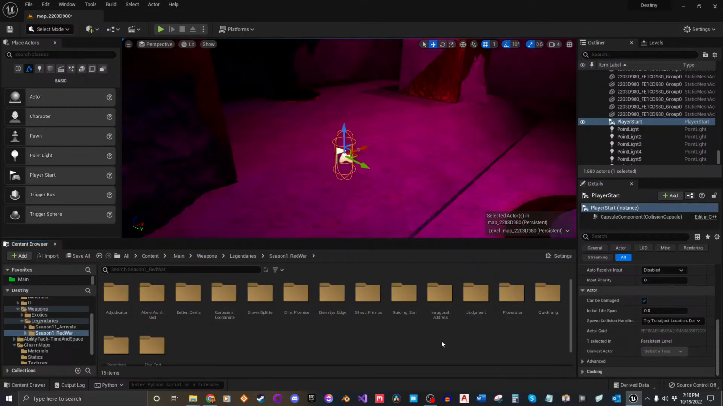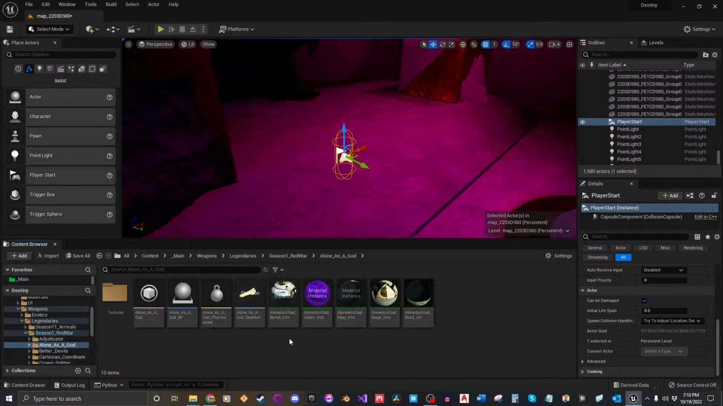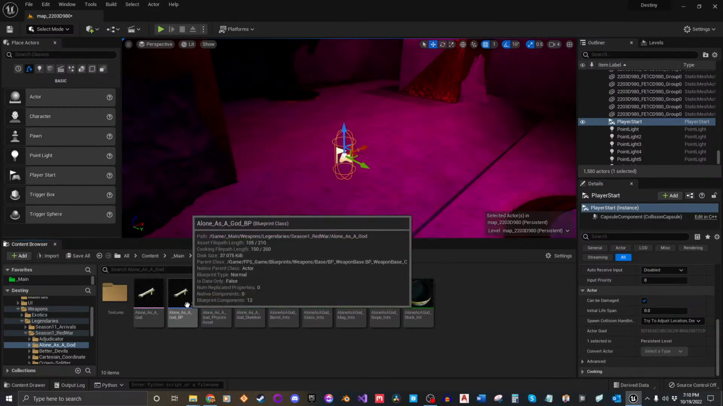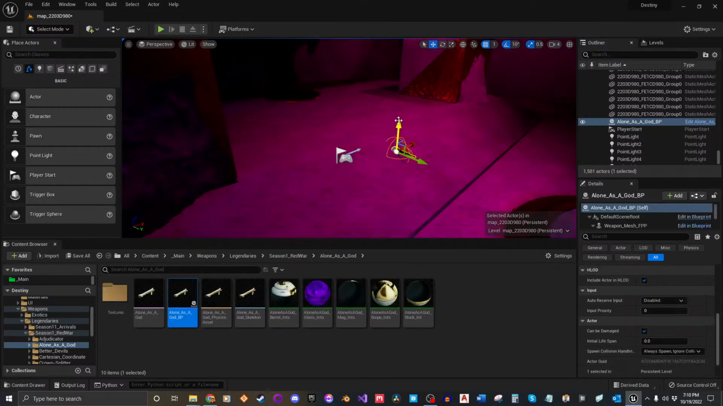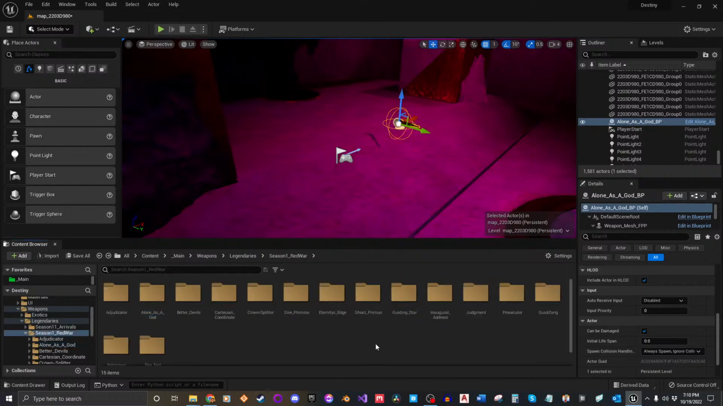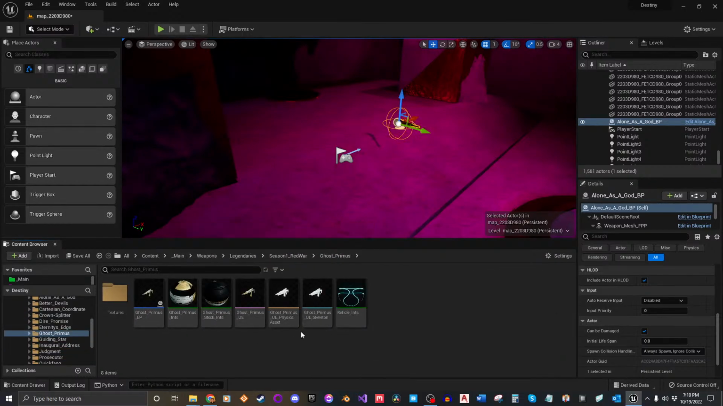Let's see. Which one do I want? I got a bit of them. I'll put this one in here. It would look kind of interesting to see how this one looks. Got a sniper. Put that right about there. It's fine. I'll add one, maybe two more in here. Maybe I'll just put in all the raid weapons from